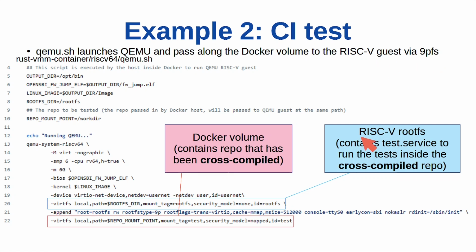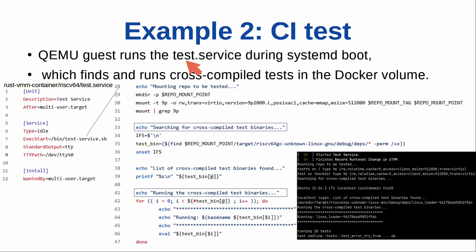The rust-vmm guest will boot using the rootfs that we built in the Dockerfile just now. When the guest is booting, it will run the test.service that we installed during the Docker build. And here is the test.service file. It will run a script called testservice.sh. Basically, what this script does is it will mount